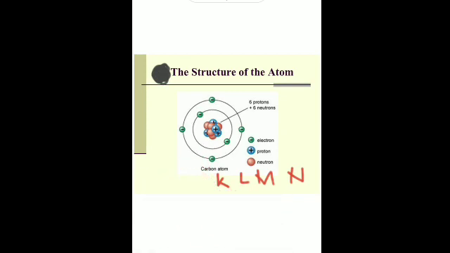Now for oxygen, atomic number 8: 2 in the first shell and how many are left? 8 minus 2 is 6. 6 in the second shell. So this is how you write the electronic configuration. When you write the electronic configuration, you mention it as 2 and 6. Is it very clear to you now? So you can practice this with other atoms.